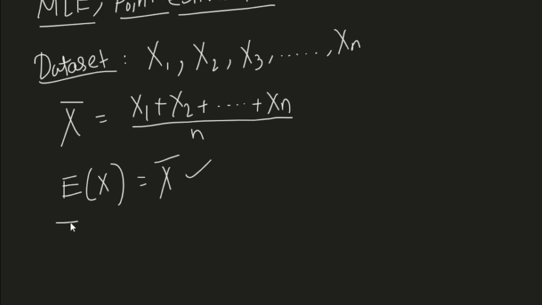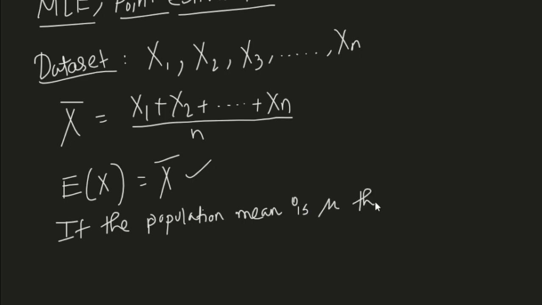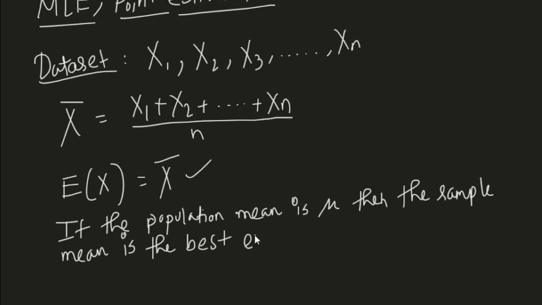So if the population mean is mu, this means that the expected value of x bar is simply equal to mu. Okay,